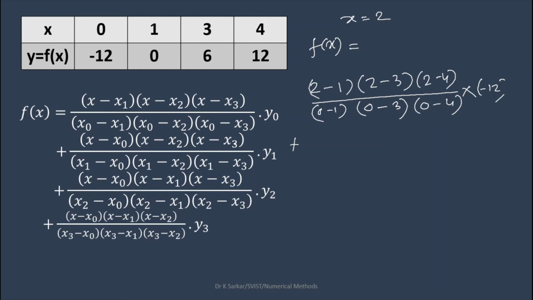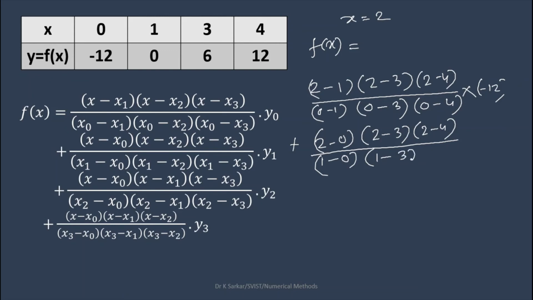So (2 minus 0)(2 minus 3)(2 minus 4) divided by x1, x1 is 1, (1 minus 0)(1 minus